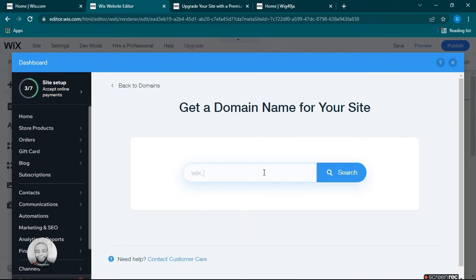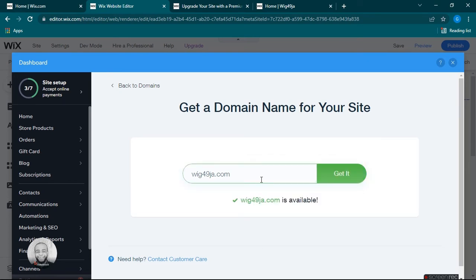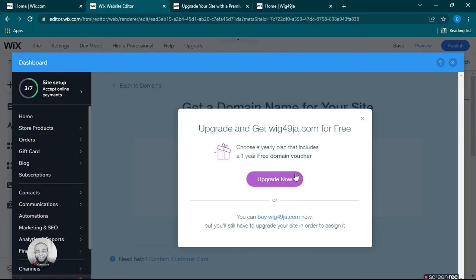Here we will type in the unique address we would use to access our website, which is wig4niger.com. Let's search and see if it's available. Great, so it's available, and we click on get it. Since we have not upgraded our site, we don't have access to a free domain name. So what we will do for this training is click on you can buy wig4niger.com now.